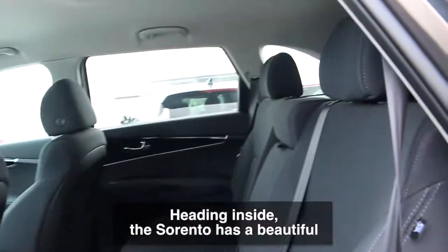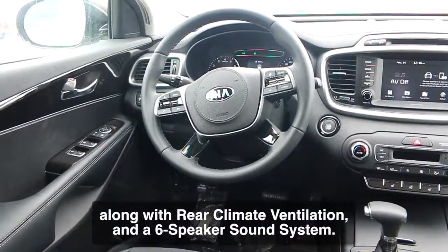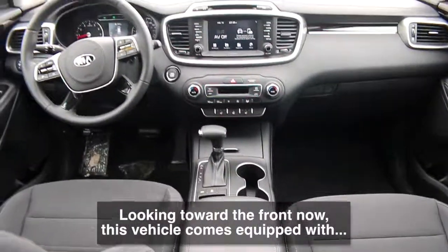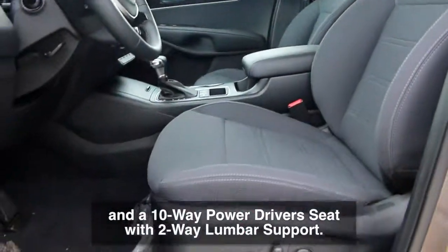Heading inside, the Sorento has a beautiful cloth interior with folding second and third row seating, along with rear climate ventilation and a 6-speaker sound system. And looking toward the front now, this vehicle comes equipped with power windows and locks, heated front seats and a heated steering wheel, as well as steering wheel mounted audio and cruise controls, and a 10-way power driver's seat with